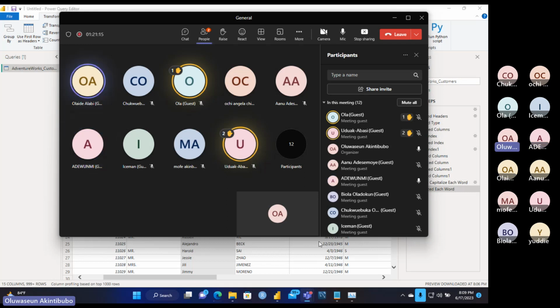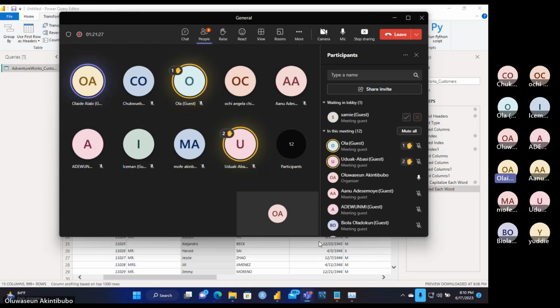We loaded the data on the WhatsApp group. Connect your WhatsApp to your system. Sir, should we transform the data? Yes, if you can. Yes, transform.